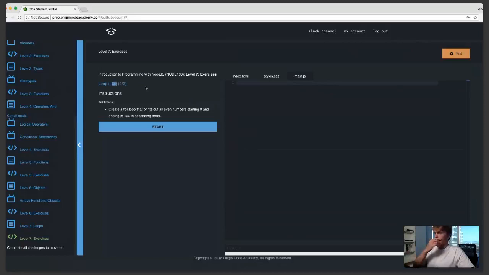Create a for loop that prints out all even numbers starting at 0 and ending in 100 in ascending order. All right. So we already have the variable x. However, we want to move that guy into our for block. And then the second